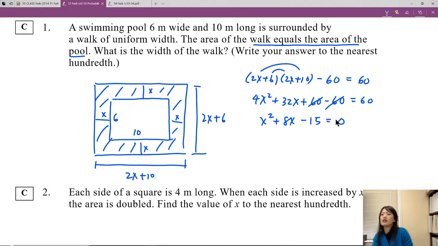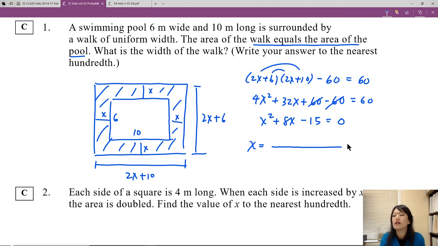So we need two factors of 15 that subtract to be 8. Are there any? This is where some of you got stuck. You thought it was addition. You did 5 and 3. It's not factorable, right? So we can't factor this one. So in that case, you have to do the quadratic formula. x equals